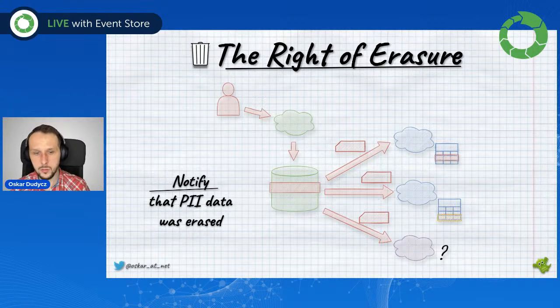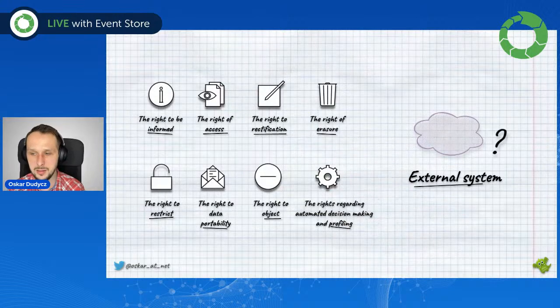on their storage. So we can't just think about GDPR on the main database or on our write model. We should also take care of all of the read models and of the external integrations. And those external integrations are in fact the hardest part, because let's see all of the guarantees that we would like to give to our users. So for example, the right to be informed. Of course, our external system can inform us and we can inform our users. But the biggest question is whether we can trust this external system. So we need to be really sure, and we need to double check that this tool and this external system